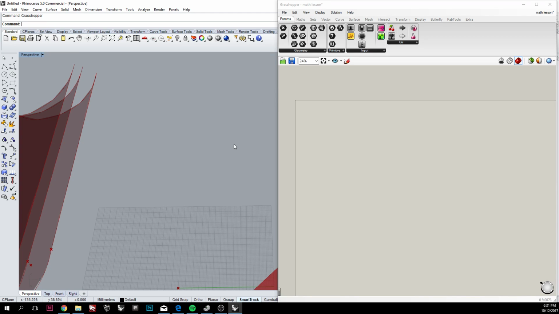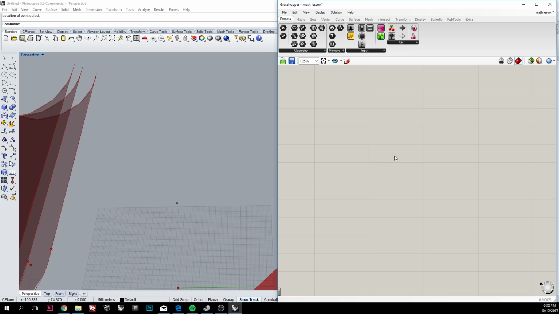ignore that. So the first thing I'll teach you is how to input something into Grasshopper, because Grasshopper and Rhino, while they are together, they're actually very different. So you have to transfer data from Rhino to Grasshopper. So the first thing I'll create is a point. I created this point in Rhino because I'm using this toolbar. So if I wanted to input it into Grasshopper, the first thing I would have to do is look for